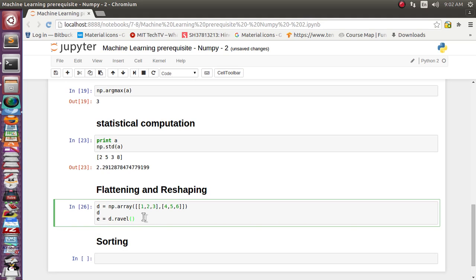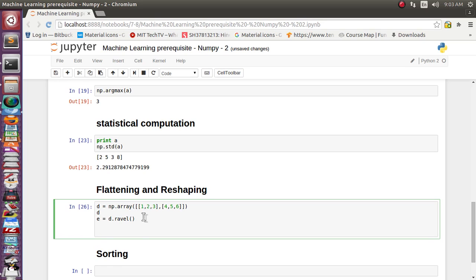Now suppose we store it into some variable e, and we want to reshape this array. There are 6 elements total, and the original array was 2 rows and 3 columns. Let's resize it to 3 rows and 2 columns. So let's apply e.reshape to 3 cross 2.